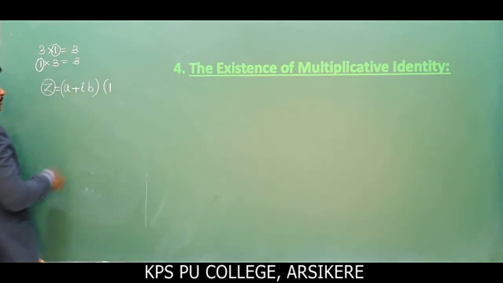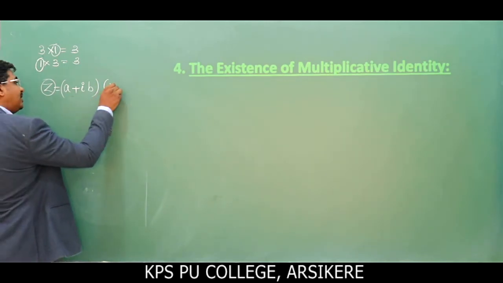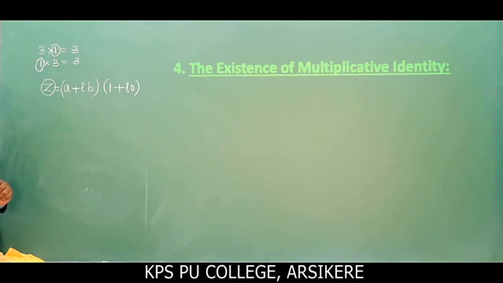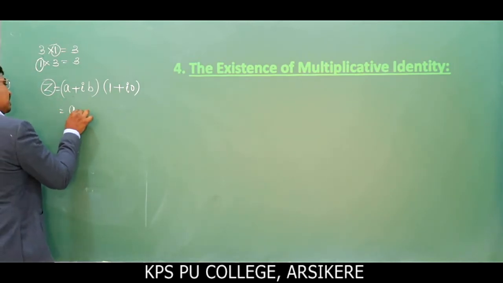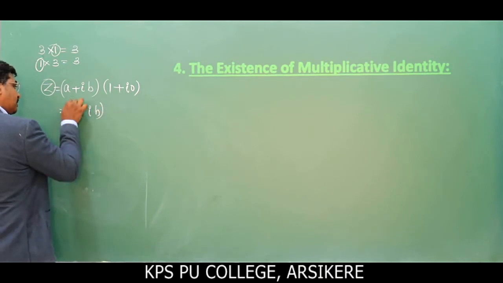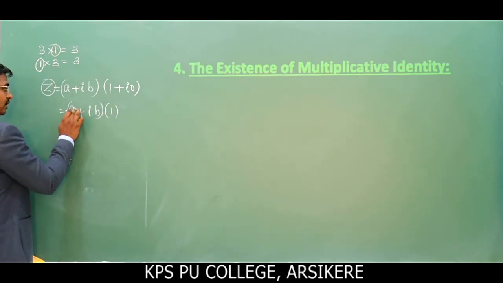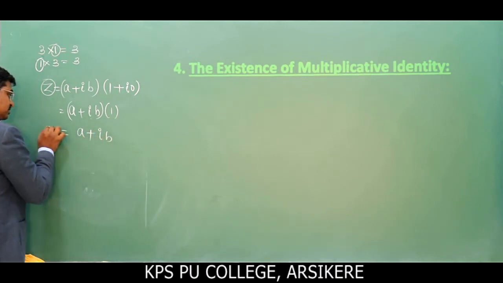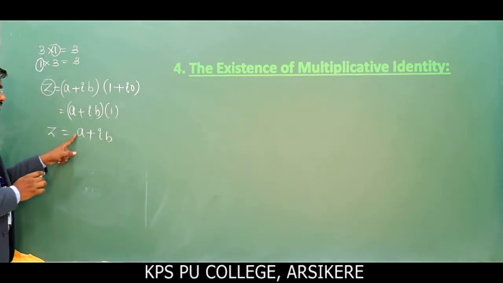Suppose if we multiply by 1, we get the same number, right? But 1 becomes purely real. I will take this as 1 plus i into 0. i into 0 is nothing but again 0. This becomes a plus i into b left with 1. So a into 1 is a, plus i into b into 1 is ib. So this is nothing but z. ನಿಮ್ಗೆ ಏನು ಬಂತು? ಸೇಮ್ ನಂಬರ್ ಬಂತಲ್ವಾ?